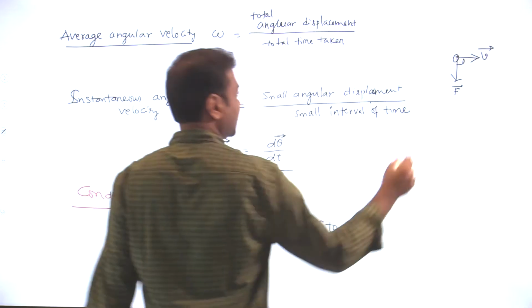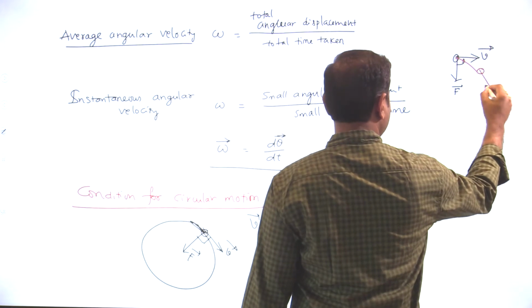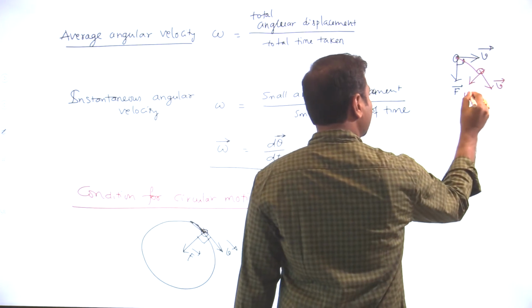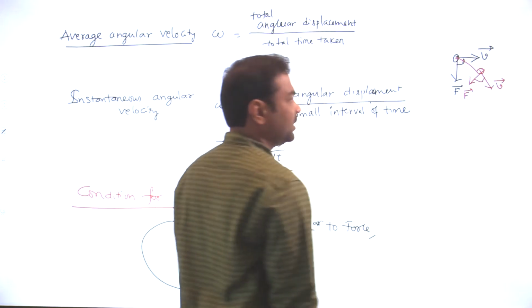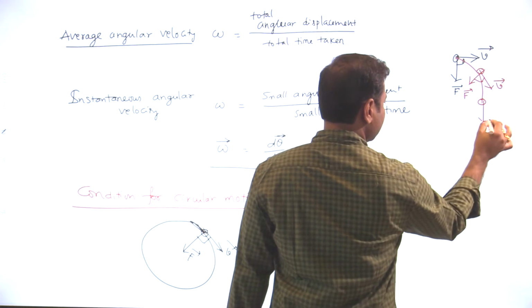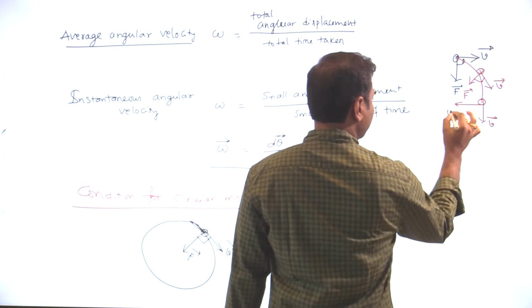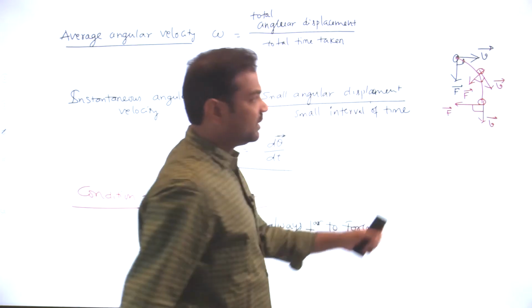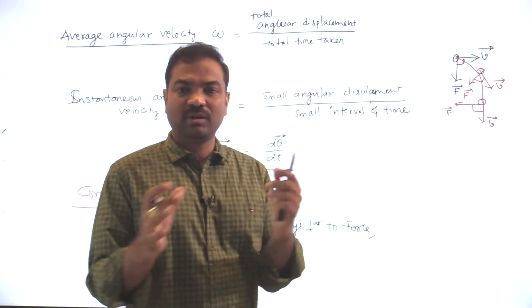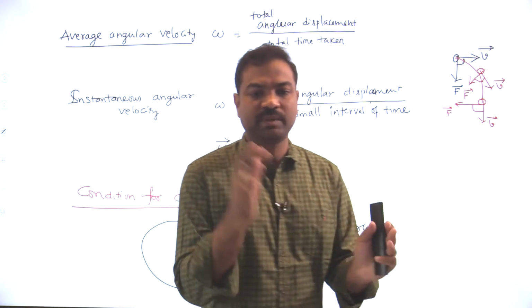It will take a turn, and its velocity direction changes. As the velocity direction changes, I need to change my force direction also in such a way that again force is perpendicular to velocity. So the particle again turns and has a new velocity, and I am applying the force perpendicular to velocity again. Along with the particle, I am also changing my force. I am always keeping my force perpendicular to velocity.